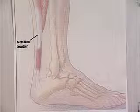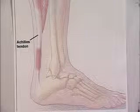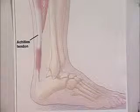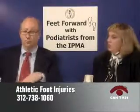Sometimes it can be outwardly swollen. This is a tendon that you don't really want to mess with. So you really want to get in to see somebody ASAP when your Achilles starts giving you some trouble. If you're not getting relief with your simple stretching and icing and such, please get in to see somebody sooner than later with an Achilles problem, because there can definitely be some